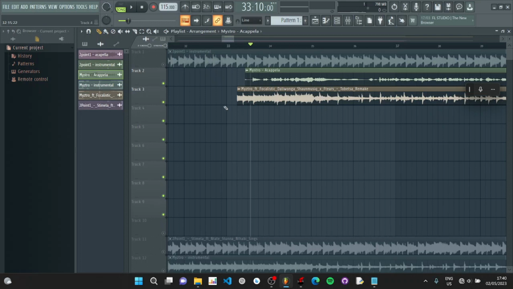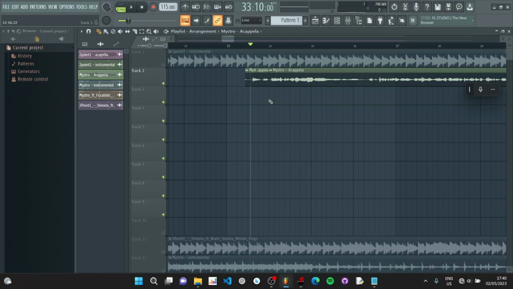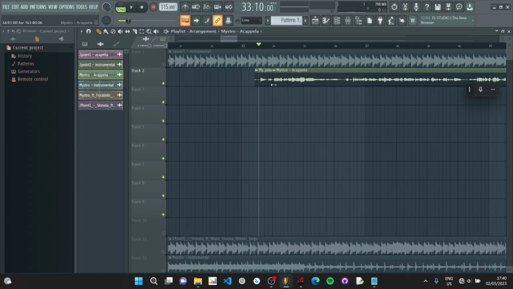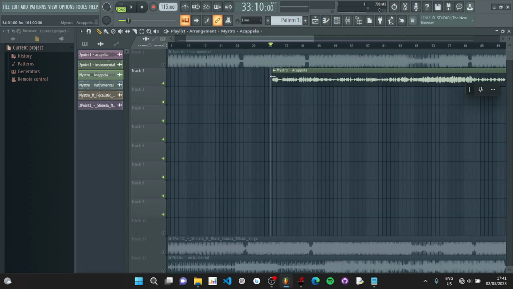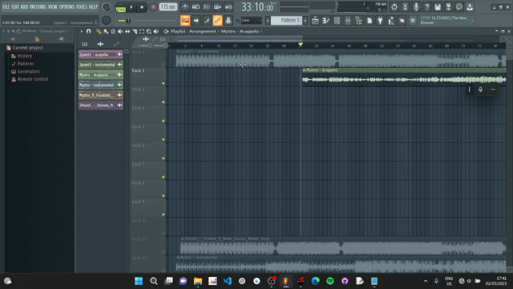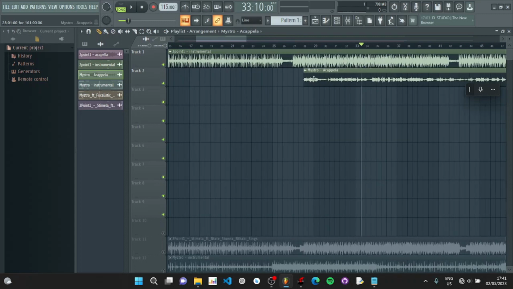Once I've done that, I'm now going to make sure to cut out this part. Now I'm done using the original track. I don't need it, I can just remove it. With my acapella, I make sure that I cut it at this main line. So when I cut, now I have only this, and I can drag it wherever I want. Now I'm going to play it with my instrumental. I'm going to take this and just put it over here.